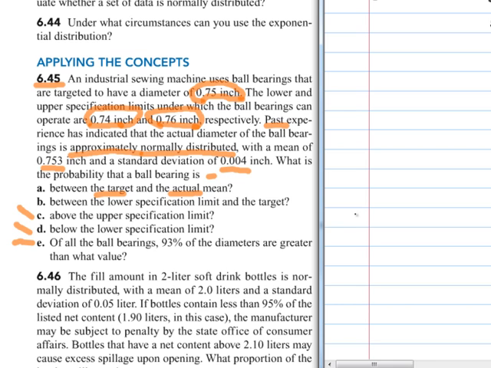If I drew a chart of what's being asked here, I've got a certain diameter that 93% of the diameters are larger than. So I'm going to draw a line here and put x equals question mark. But I know that there's 93% that are larger than that value. And so seeing this chart helps me to put in the correct values in Minitab. And so I'm going to go to Minitab,